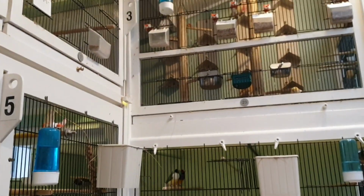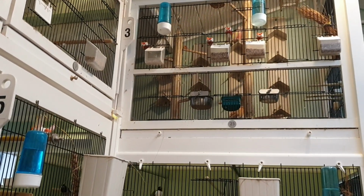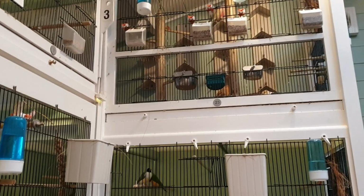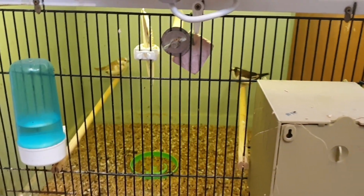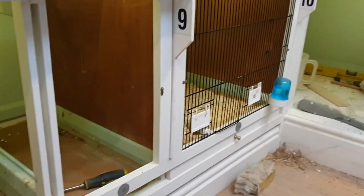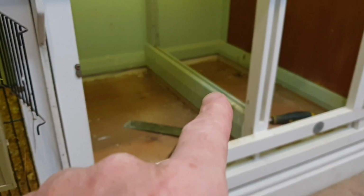But I've just got so many birds, so many of their young in that aviary up there, and so many of them have actually started breeding now. I might have 12 Bengalese I've got to try and move on. But I do need to get at least another pair to put into this cage. So I'm just cleaning out these bottom cages so that I can set up another pair